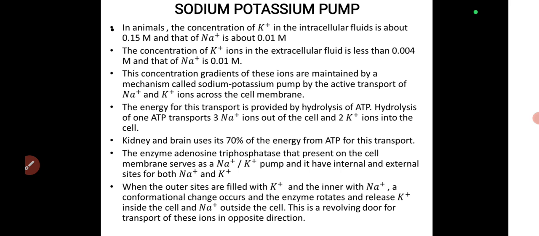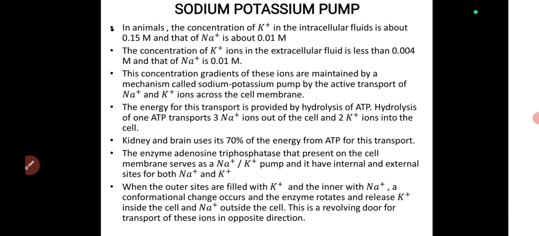And this is how a sodium potassium pump works. It is a pump in our biological system that works against the concentration gradient of sodium and potassium. So let's discuss. In animals, the concentration of K plus in intracellular fluids, meaning the fluid inside the cell, is about 0.15 molar, and that of Na plus is about 0.01 molar. The concentration of K plus ions in the extracellular fluid is less than 0.004 molar, and that of Na plus is